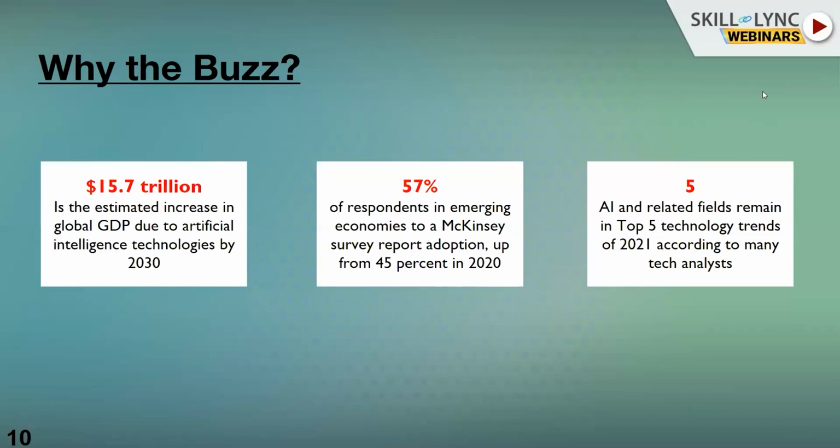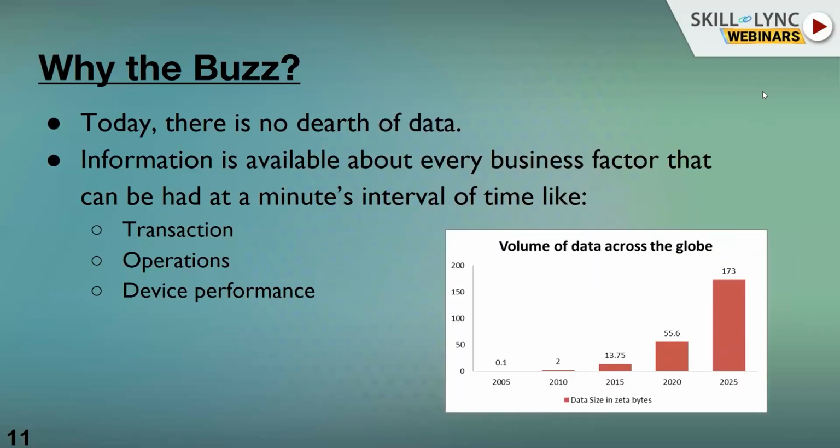That will be generated because of AI alone. Similarly, in the top technological surveys that you see, everyone is saying that AI is one of their priorities. It appears in the top 5 choices of the industries. So why is there so much focus right now, and why is everyone talking about AI and ML now? There are basically 2 reasons why we are hearing about it now.